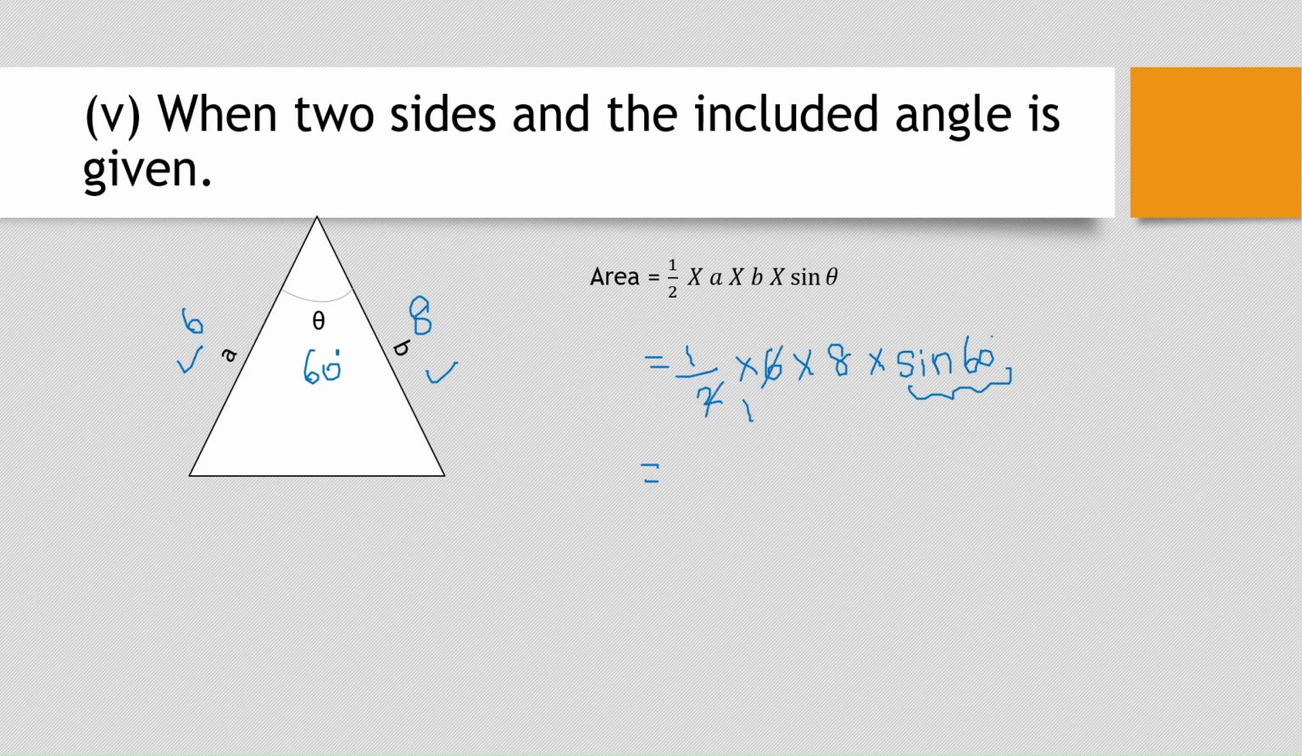So yes, now we can proceed with this. 2 one time and this is for 3 times. So 3 eights are what? 24. And what is sine 60 value? It's nothing but root 3 by 2. So we can cancel this 24 and a 2. So it becomes 12. So the answer is 12 root 3 centimeter square. So these are all the various formulas we are using for finding the area of a triangle. How to choose which formula to use for what? So based on the given data,